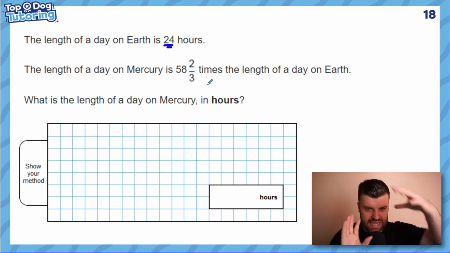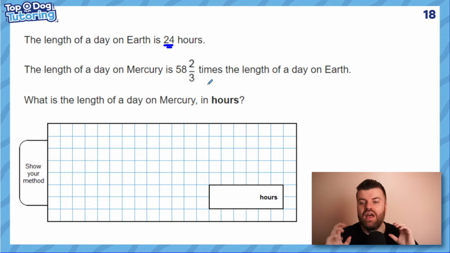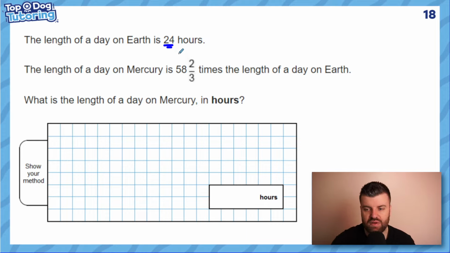Now, a day, just so you know, is how long it takes a planet to spin on its axis. Mercury takes forever to do that. The Earth takes 24 hours to spin. That's how we get a day and night. Mercury takes forever. So the way to do this, guys, I'm going to help you out before you start, is